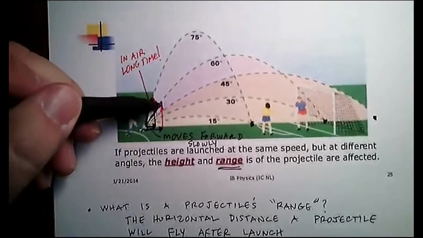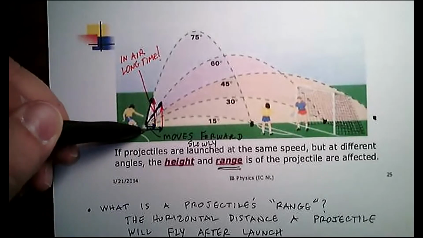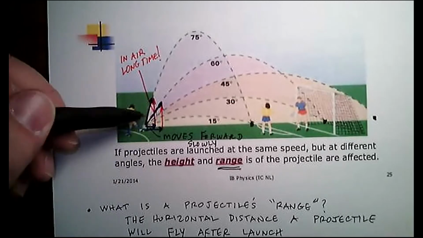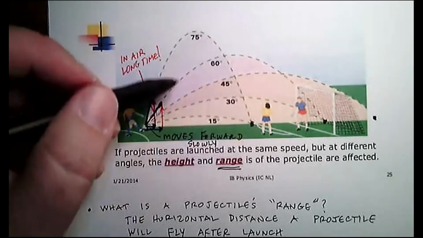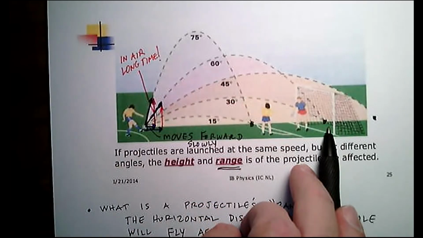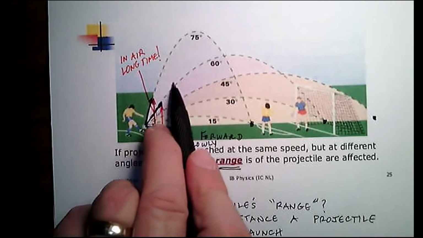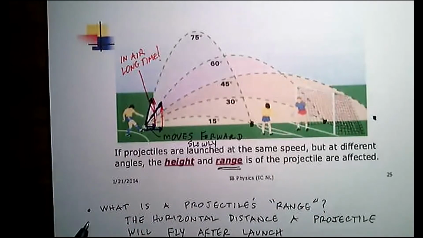So that means it won't be in the air quite as long, all right? But it does have more forward speed. So when it is in the air, it's traveling forward more quickly. Well, that helps explain why it had a longer range, okay? It had a longer range because although it wasn't in the air that long, it was moving forward more quickly, okay? If I go to the 45,